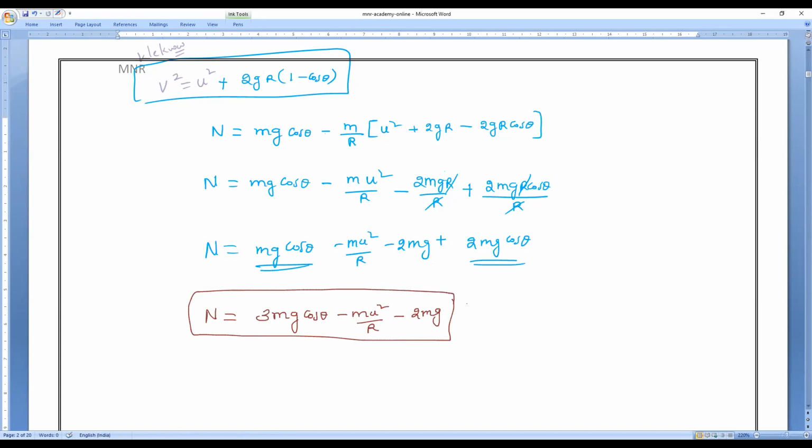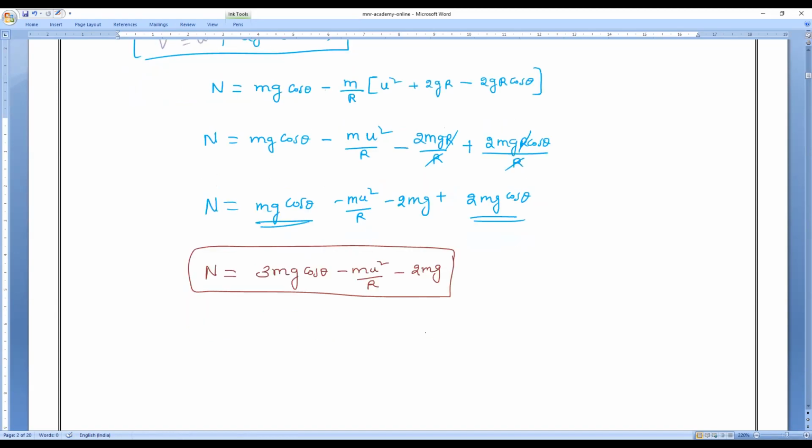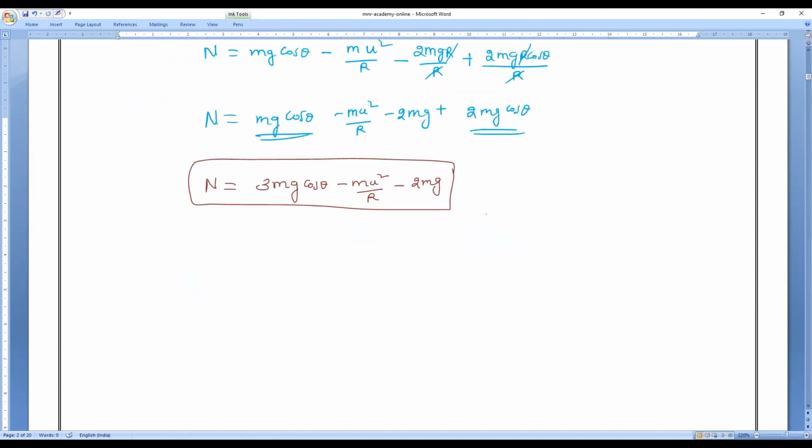Please make sure you do it. Okay. So this is the normal reaction formula. At any point, if you want to calculate the normal, this is what you have to use. Now, if N equals 0, as we assumed, then the whole equation turns into 0 equals 3mg cos theta